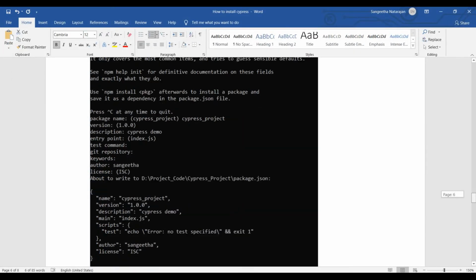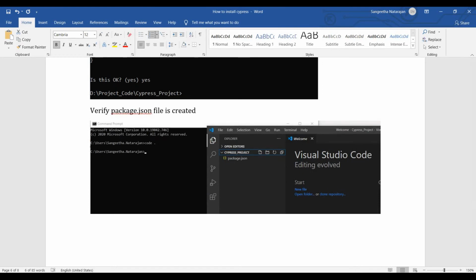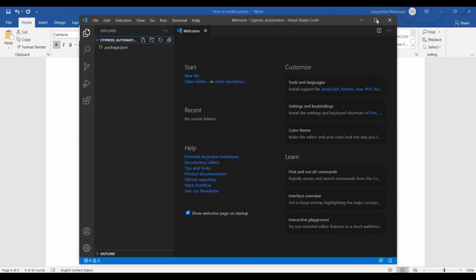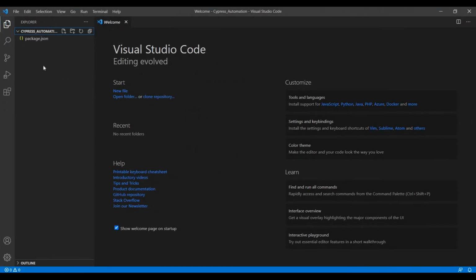Okay. So next we need to check whether the package.json has been created inside Visual Studio. See, it has been created successfully. You got it, right? Before, we could see the Cypress automation did not have any folder. After starting npm init, the package.json was created successfully.